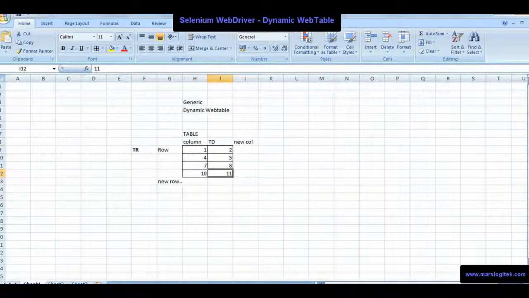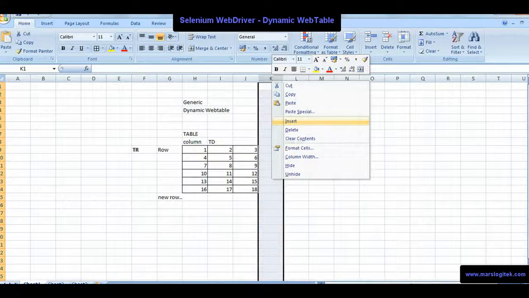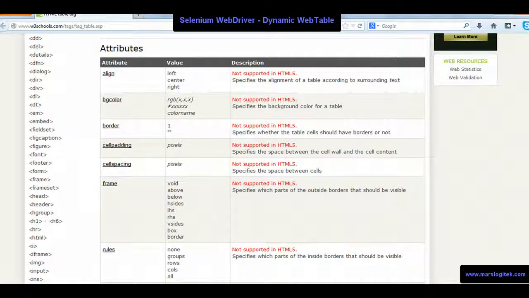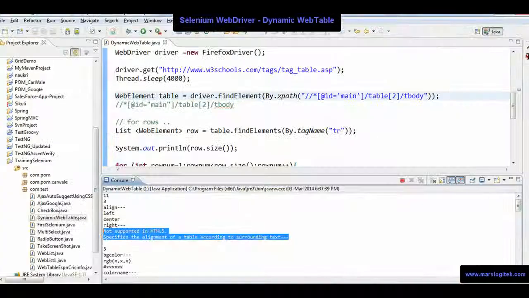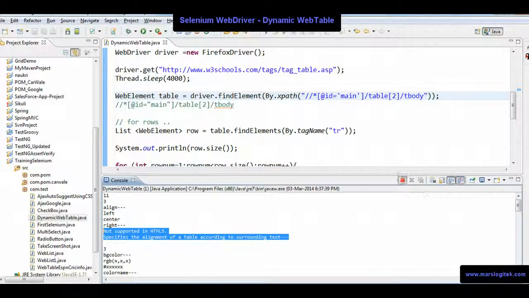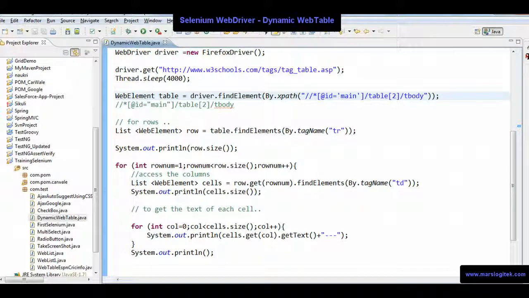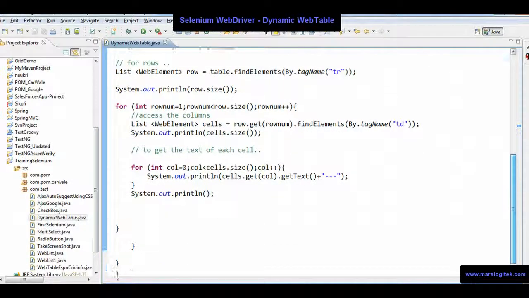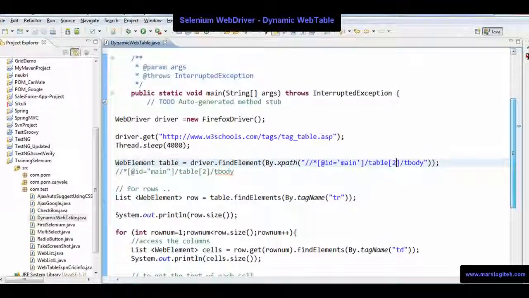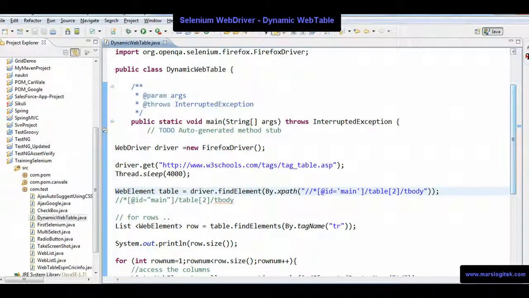Or tomorrow, if any new column got added, it's not a problem. Still, the code works because we are getting dynamically the rows and columns of a given table structure. So this is how we deal with dynamic web tables. So hope you got a basic idea about how to write dynamic web table code. Okay, thanks for watching.